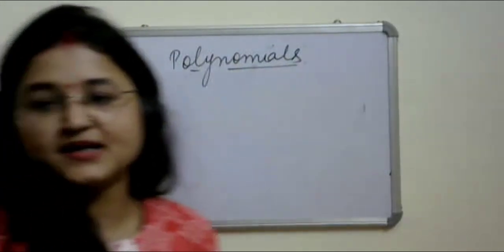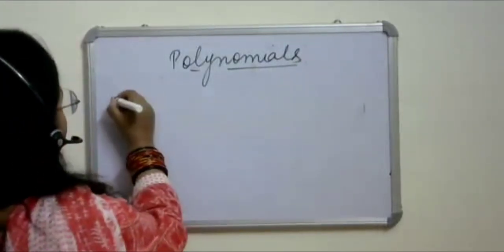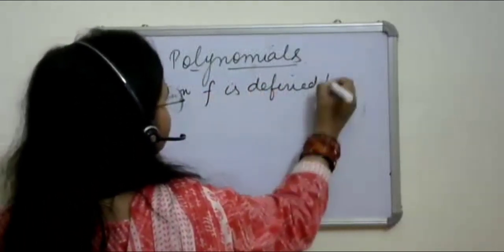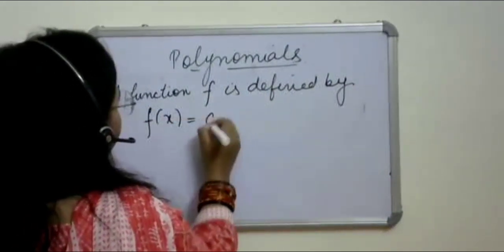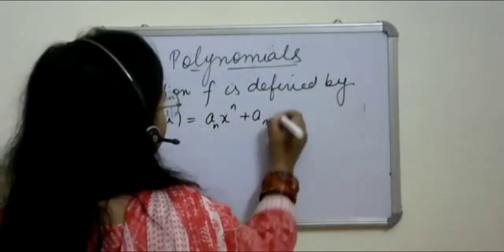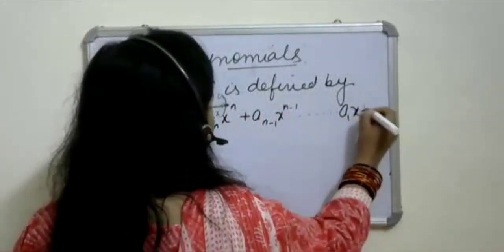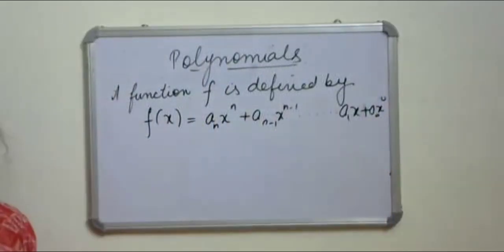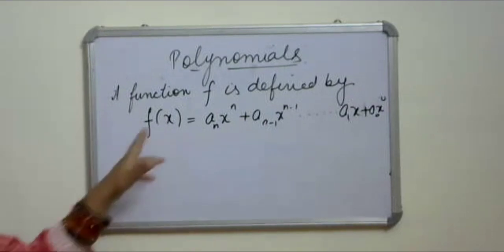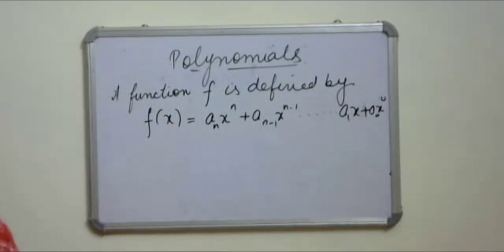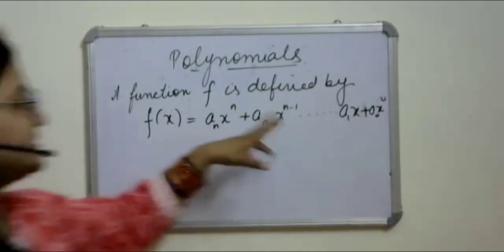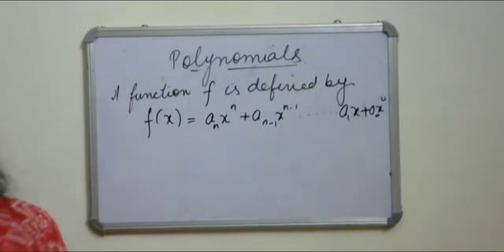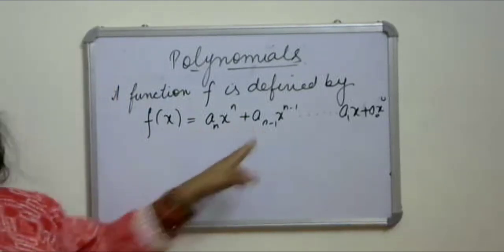Okay, let's start with polynomial. Let's understand what the definition says. First of all, a function f is defined by f(x). A function f is defined by f(x) equals a_n x to the power n plus a_(n-1) x to the power n minus 1, and so on, up to a_1 x plus a_0 x to the power 0, where x to the power 0 can also be written as 1. Now, this type of equation is called a polynomial of degree n with real coefficients, where a_(n-1),